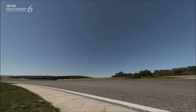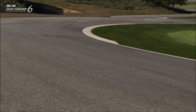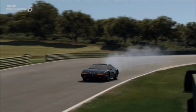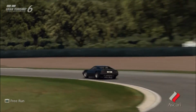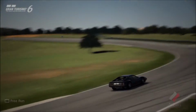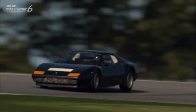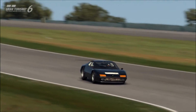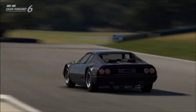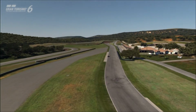Now, one of the main advantages that a Boxer or flat engine gives you is that the centre of gravity of the engine and the position that it sits under the car's hood or bonnet is much lower, because of the fact that it's much more compact in terms of height. So the centre of gravity of the car will be much lower, which reduces body roll through corners and also makes the car run smoother, because you don't get that side-to-side rock that a car would typically have when you rev the engine. Now, the revving part doesn't make as much of a difference. That just makes the car run smoother and have a more silky sound, which you can typically hear when you listen to a Subaru. The main advantage, though, is that lower centre of gravity, which really improves cornering compared to